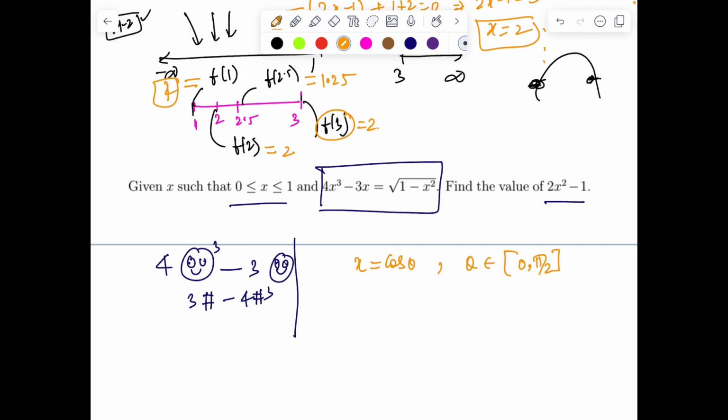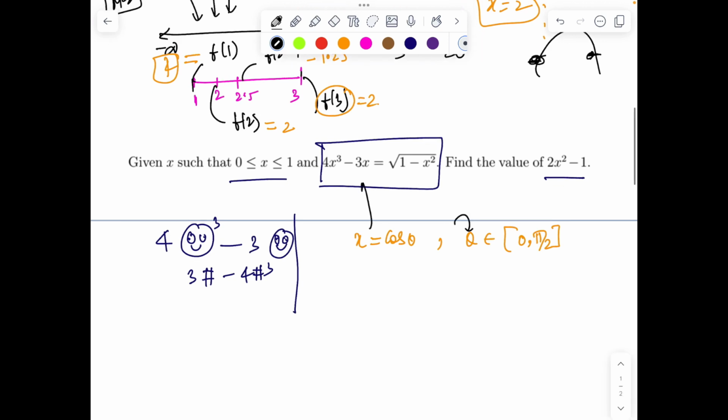So I am forced to use theta from 0 to pi by 2. Of course, I could take other intervals also, but 0 to pi by 2 is the most natural window of restricting this. Now, using this idea, if I plug x as cos theta in the expression given, that boils down to cos